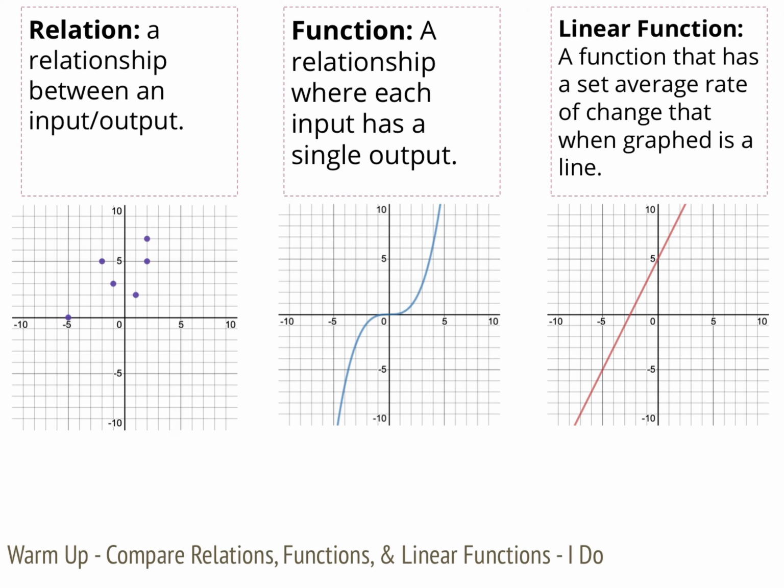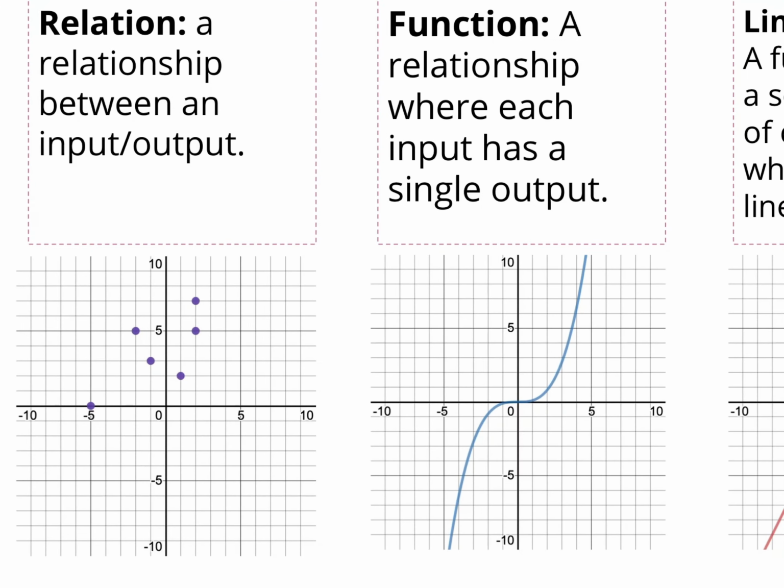Now we have three, and this is kind of a warm-up segueing into that, right? We have a relation, we have functions, and we have linear functions. Now there's more types of functions than just a linear, but that's the one we're focusing on today. A relation is like this first graph that you see here, okay? There's not really a nice pattern, or sometimes there could be a pattern, but the key detail here is if you look at the x value of 2